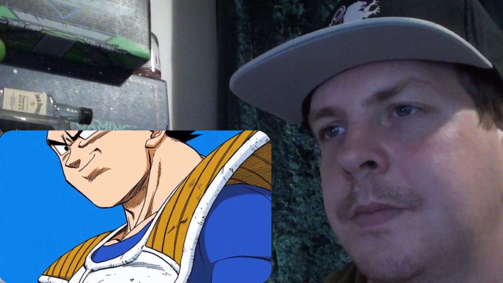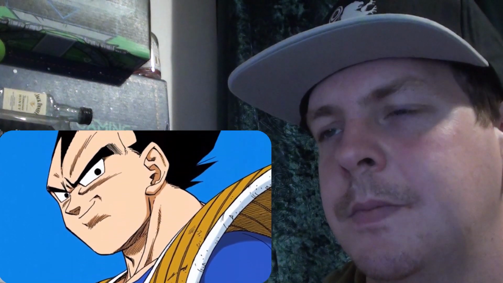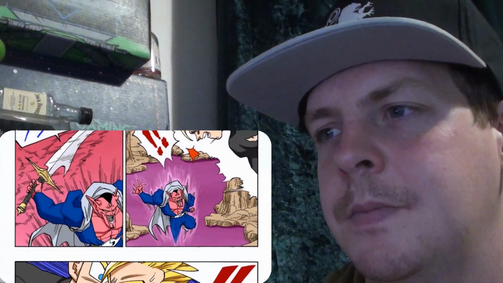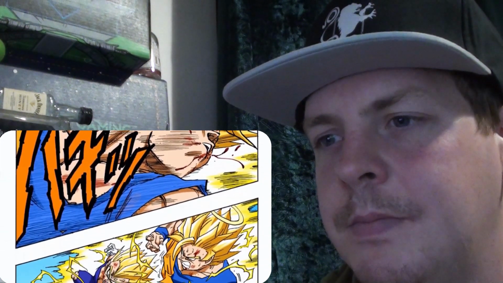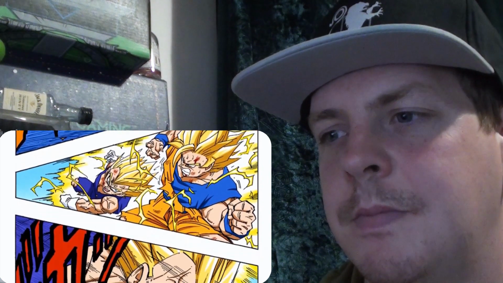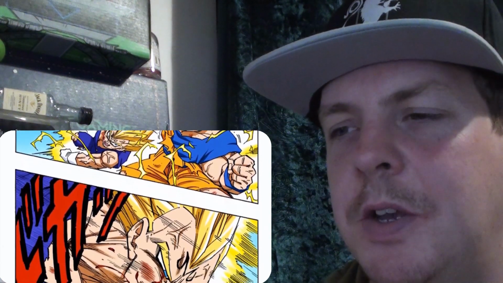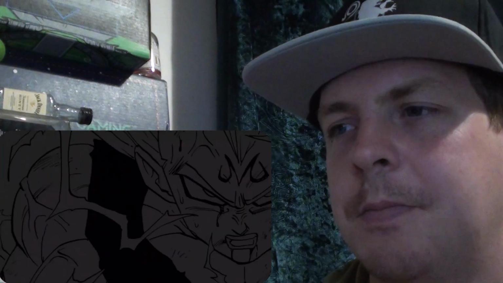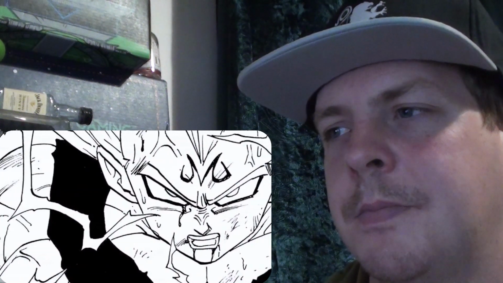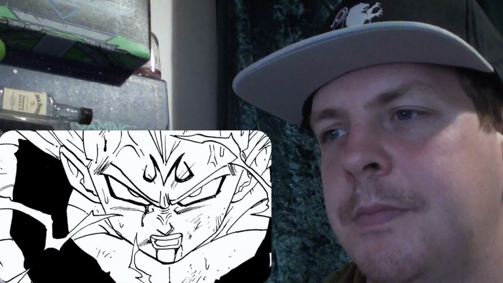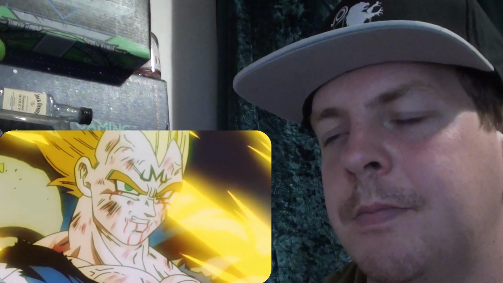Because this whole thing was just a big roller coaster of emotions with Vegeta. He saw that he had surpassed Gohan during Gohan's fight with Dabura. He saw that Goku had probably surpassed him, and Vegeta just let his own ego and his own pride, which he himself talked about several times during this fight, get the better of him, take over and consume him, and he became the Dark Prince once again. That's essentially what happened. He let himself go back to that, and it was a cool fight. It was a great moment for the character, and it wound up leading to the best redemption for the character